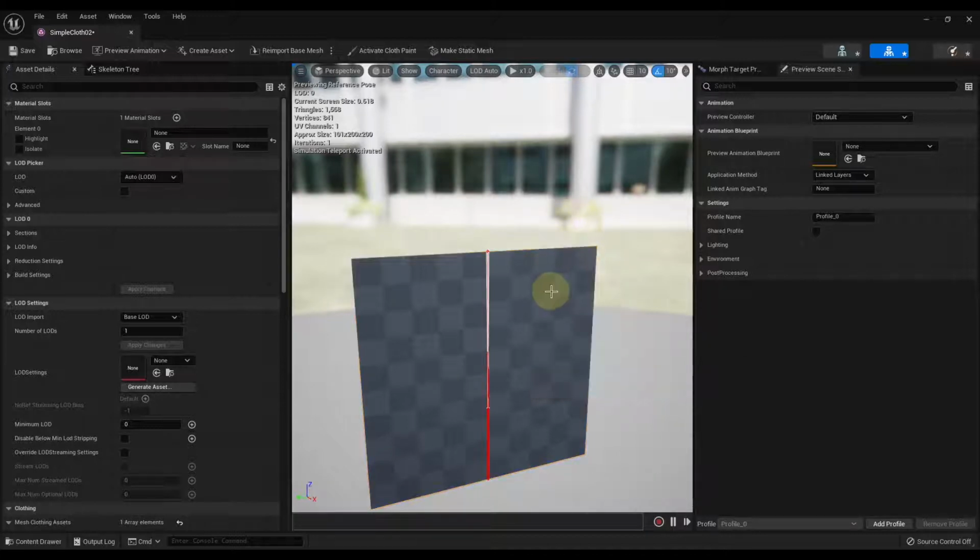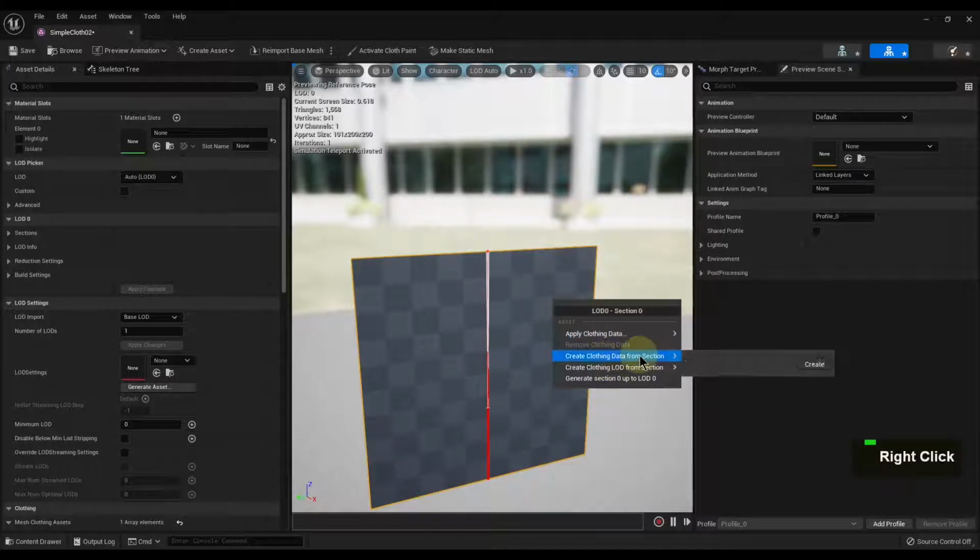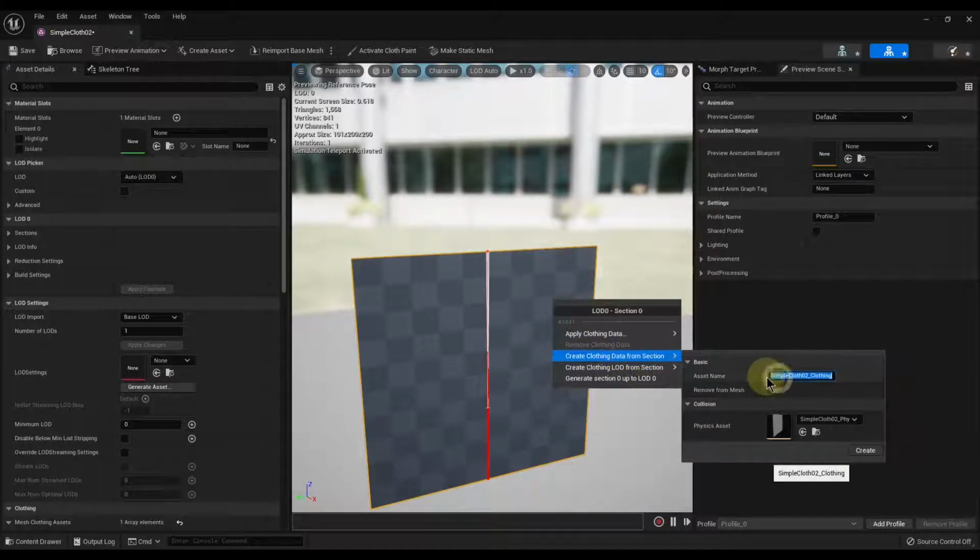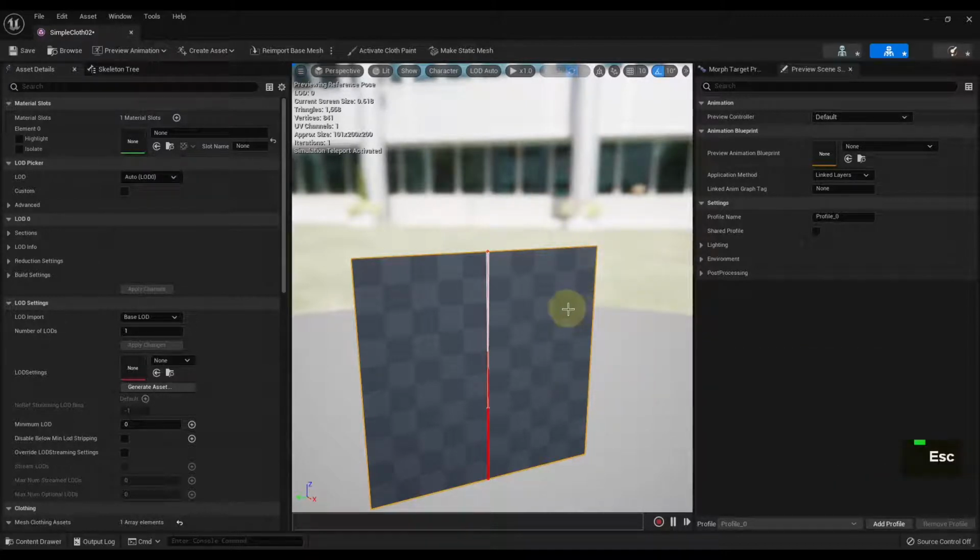So let's roll back a little bit. We select the cloth mesh, we right click, and then we create clothing data. Then over here you can give your clothing data a unique name, or you can just use the default name that is assigned for you. Then after that you click create, and after that is done,